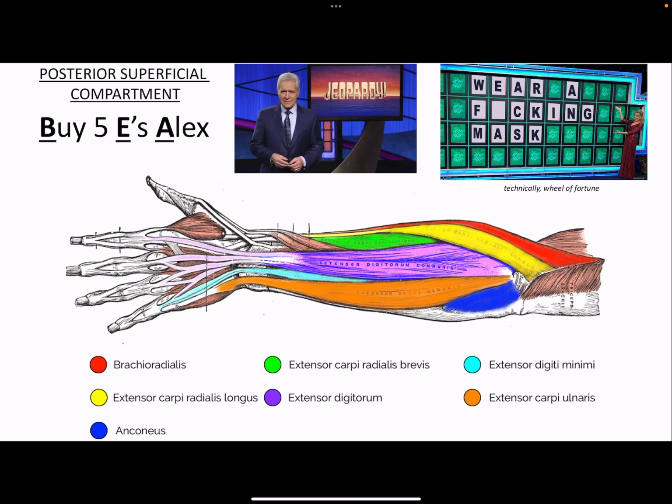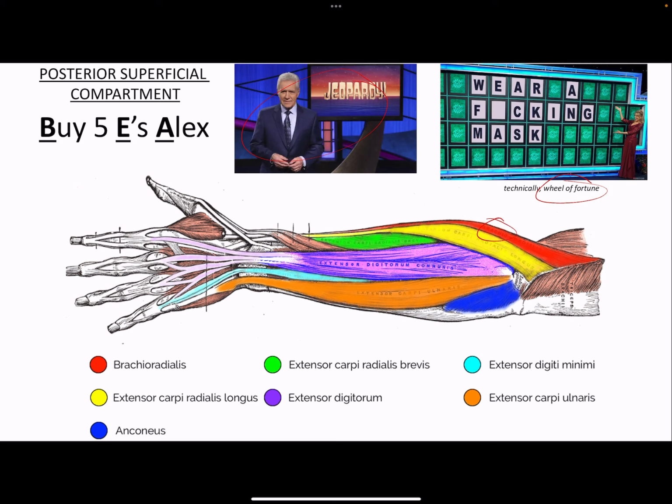Moving on to the posterior superficial compartment. I remember this by the mnemonic, as if you're in a game show: I'd like to buy 5 E's, Alex. So I know that you buy vowels technically in Wheel of Fortune and he does Jeopardy, but nevertheless,